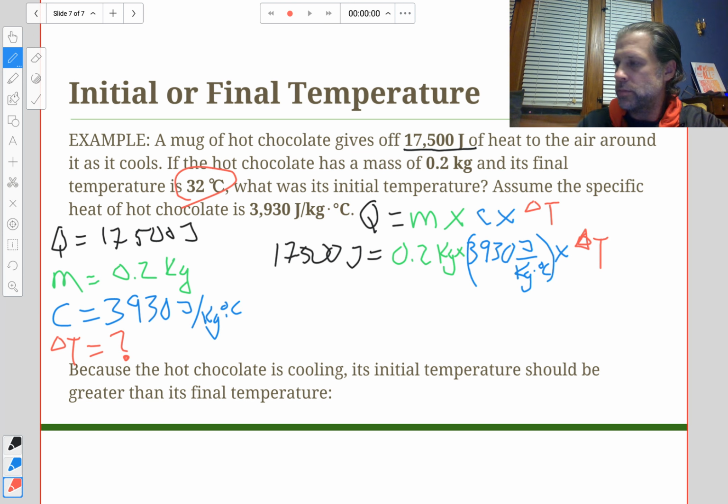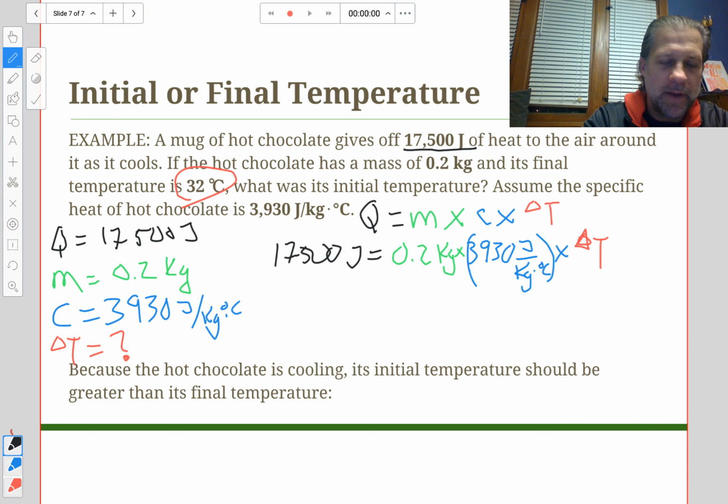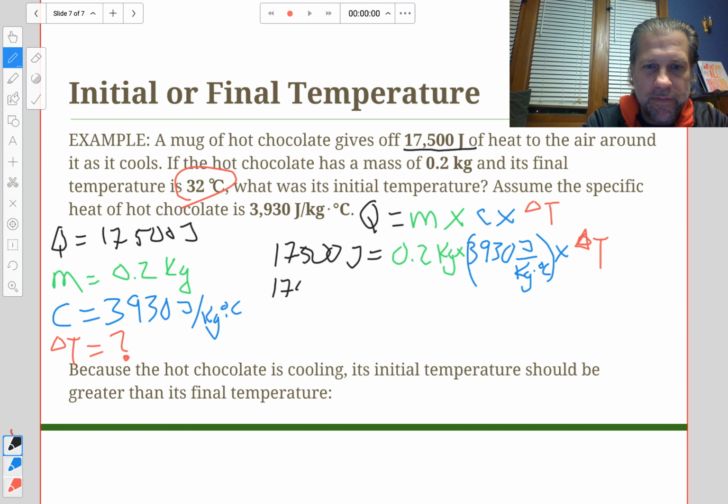Okay. Now, I am going to first of all take 0.2 and multiply it times 3,930. So 0.2 times 3,930 gives me a value of 786. So when I go to start simplifying this problem, I have 17,500 joules equals 786. Now here I see that kilograms cancels out, so my unit is actually going to be joules over degrees Celsius